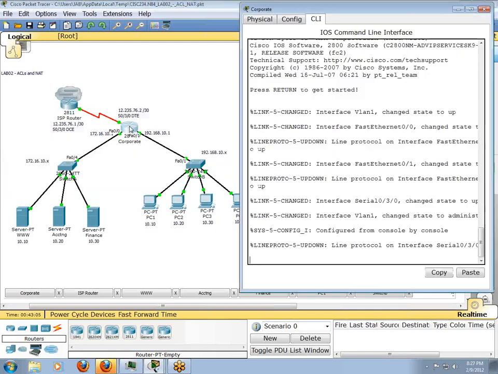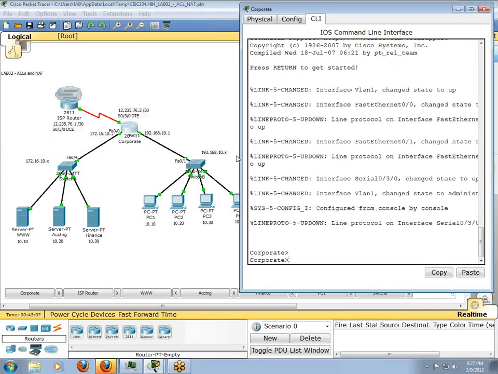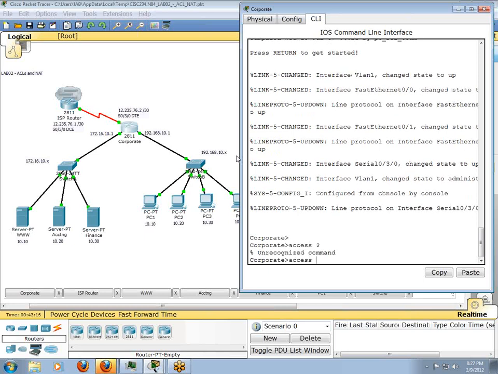So let's first write the access list. Now there are two ways that we can write the access list, the old access list or the new access list. The new one starts with IP, the old starts with just access. And